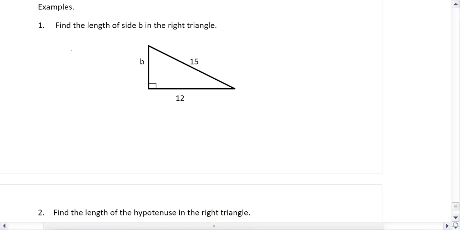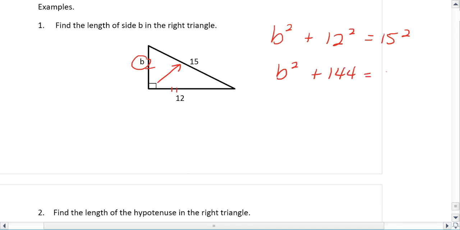A quick example here too. Find the length of side b. So this is what we're looking for. We notice that this is a leg and this is a leg here. So I can write b squared plus 12 squared equals 15 squared. And note, the 15 is the hypotenuse. It's across from the 90, so that's the big side. So we square the 12, getting 144, square the 15 and get 225, and then subtract 144 from both sides,